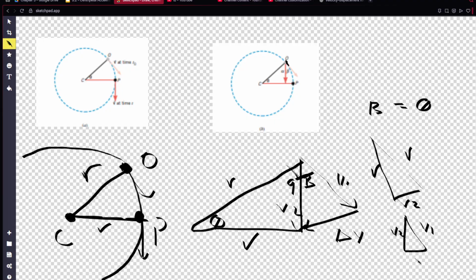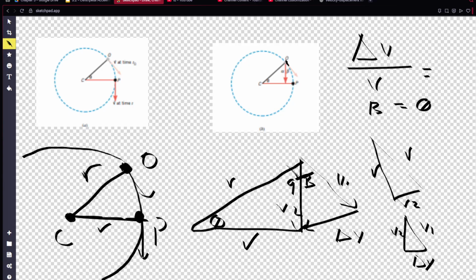V1, V2 over delta Y. And V2 is the same as V1, so it doesn't really matter. You can say V2 or V1. The only difference is the direction. But we don't care about the direction because we're simply calculating magnitude, because acceleration direction is not constant here. It's ever-changing. So that means delta V over V is equal to this side, because it's the same as this side, technically, because these two sides are the isosceles. Anyways, then that would mean R is equal to,